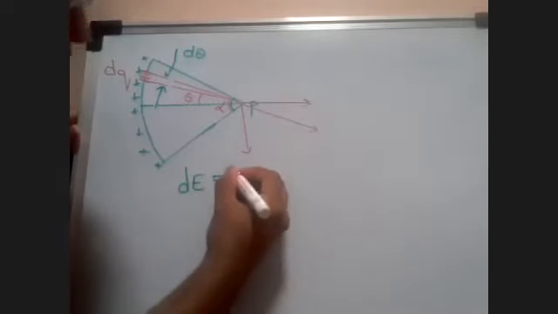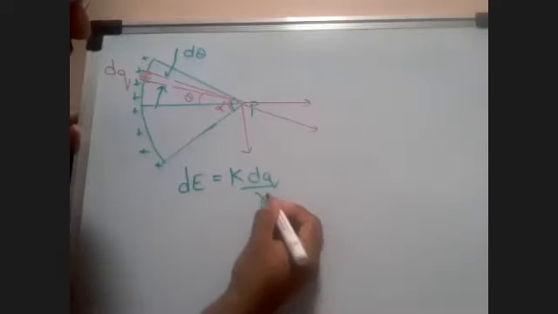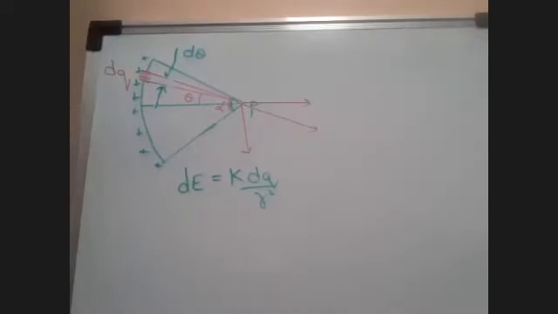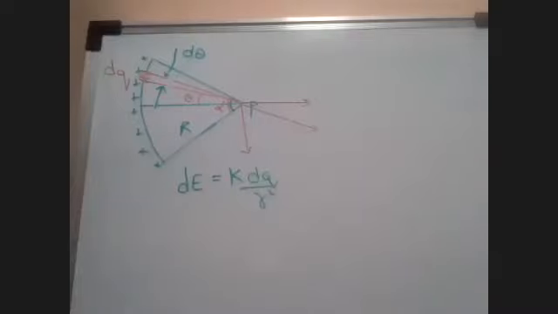We know this formula: dE is equal to k dq upon r square. Am I right? Yes, sir. And now this is an arc. Students, this is an arc, so what will the distance be? It's a radius, no? It's a part of a circle. So we'll consider the distance between this dq and this point P as R, capital R.